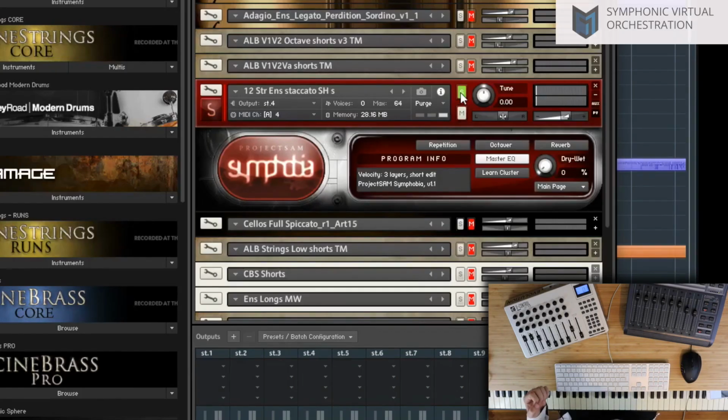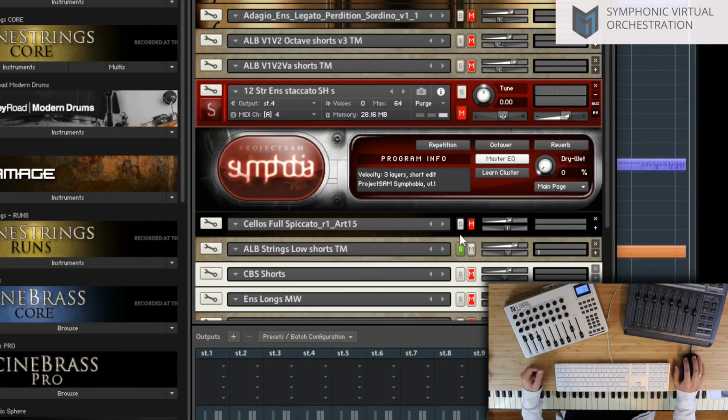It's got more, right? Symphobia will add a sort of more aggressive sound to the arco, like bum bum bum, which Albion doesn't have,